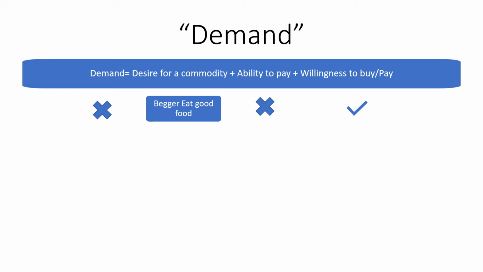Now let us assume that I have a desire to buy a BMW car and I also have the ability to pay. That is, I have money in my savings account to pay. But I think that instead of purchasing a BMW car, I will purchase gold, so that tomorrow if the gold price increases, I can sell it and buy a new model car at that time. So now what happened here? There is no willingness to buy. Then here also the demand cannot be formed.